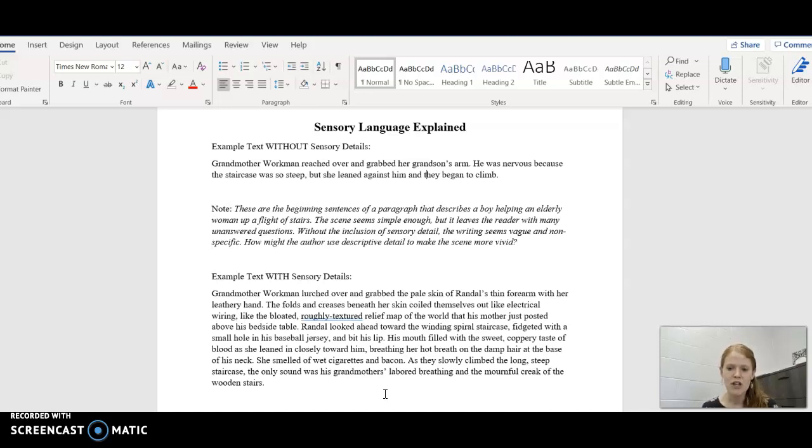As they slowly climbed the long, steep staircase, the only sound was his grandmother's labored breathing and the mournful creak